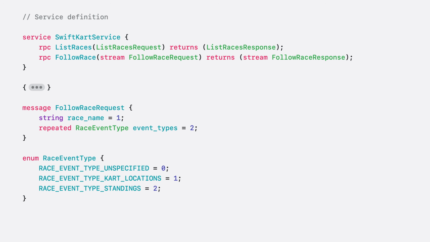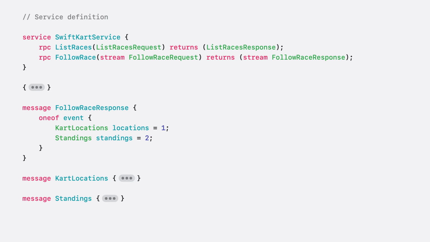Then I need to define the messages. The request message includes the name of the race to follow and a list of event types to subscribe to, which is represented as an enum. The response type has a one-of field, which is just like a Swift enum with associated values. The message can either hold the locations of each cart or the current race standings, which are defined as separate